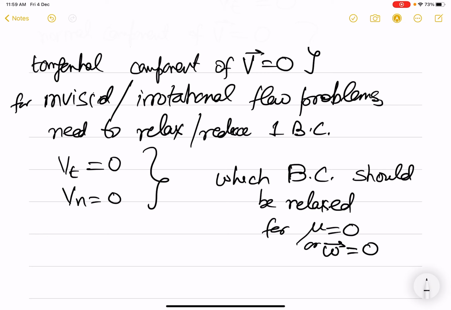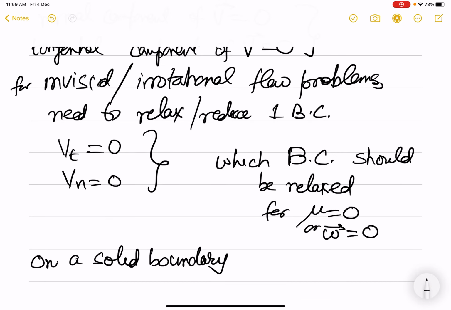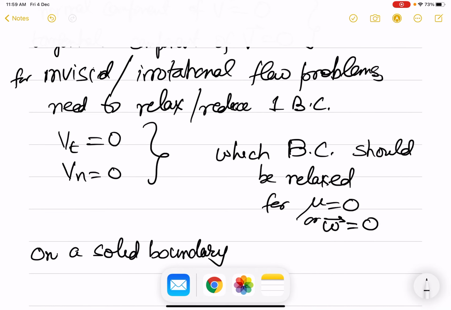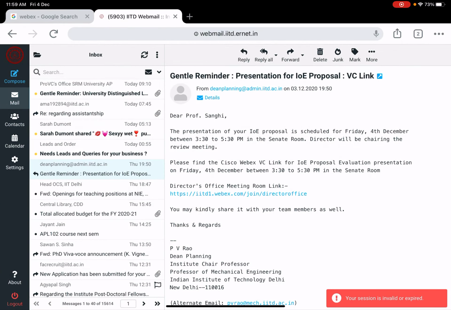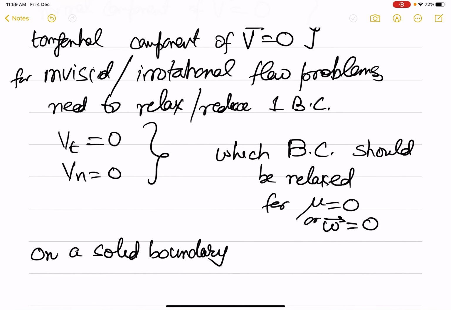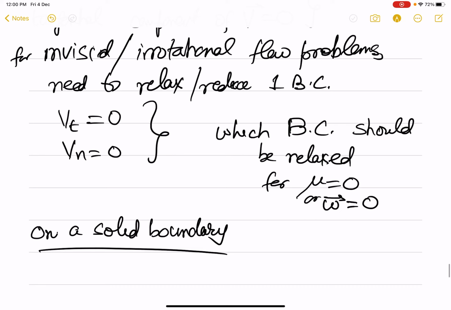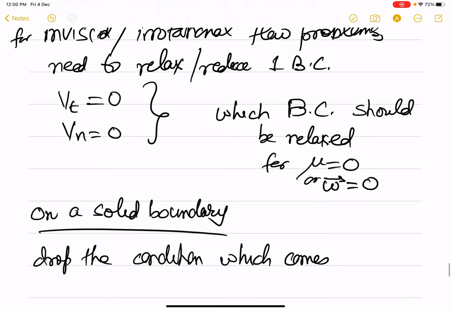Now what we see is, on a solid boundary, which of these boundary conditions seems to come from the viscous effects? Vn is equal to 0 or Vt is equal to 0? So we should drop the condition which comes from viscous effects,